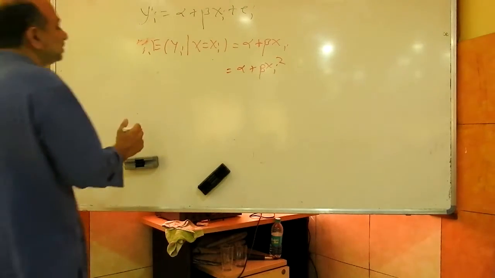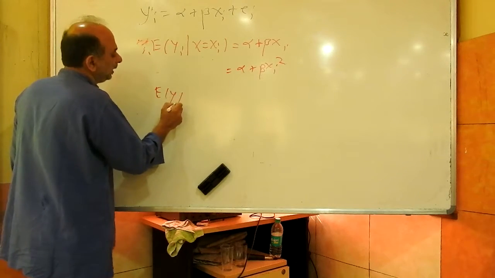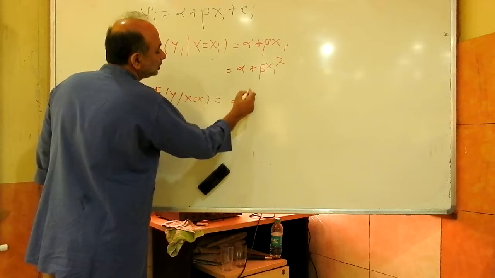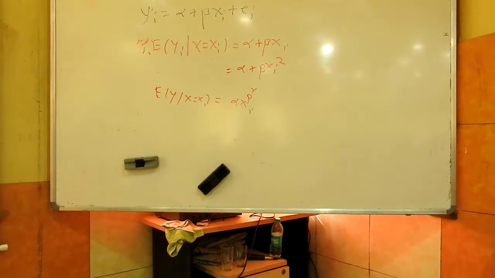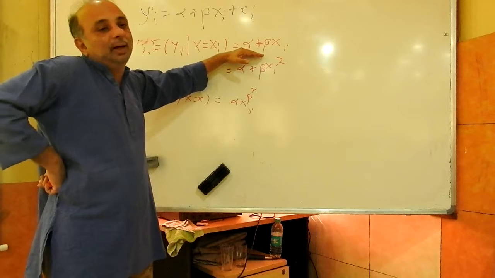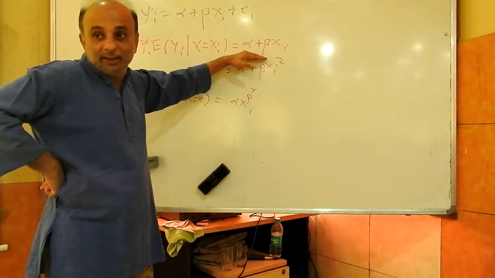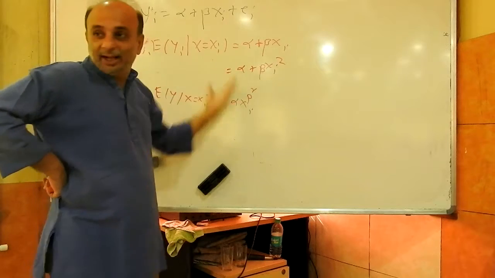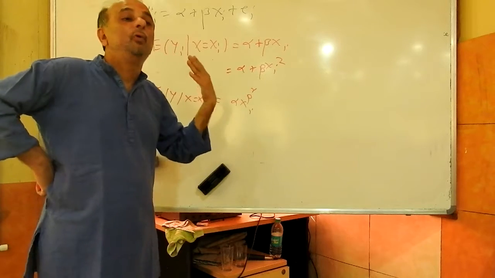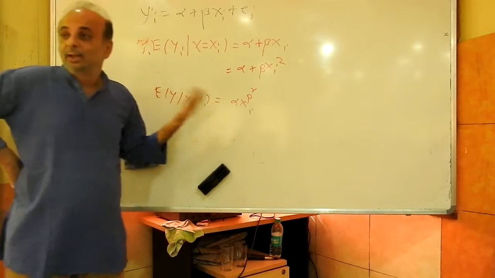Whereas if I have this function as the conditional mean of y given x equal to xi being equal to alpha times xi raised to beta, right? Then this is not linear in parameters. This is a non-linear function, right? So the first assumption I am making is that this function is a linear function. But I am not really compelled to do that. I am doing it just as a starter. As a general modeling strategy, it can be any kind of function, right? I might not even want to specify what kind of function it is,